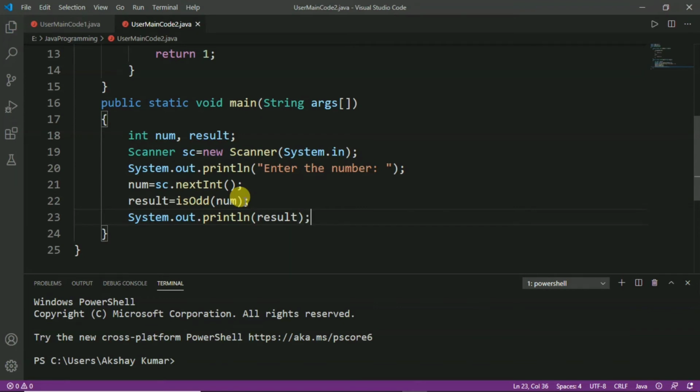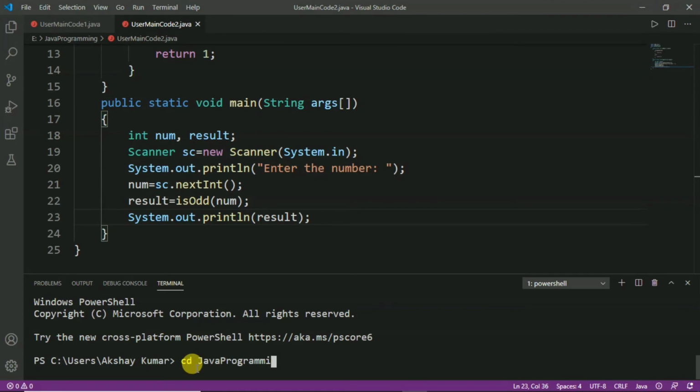Now press Ctrl S to save our program, and now go into the folder where we have saved our program. I have saved my program in Java programming. So here we have to write cd Java programming.